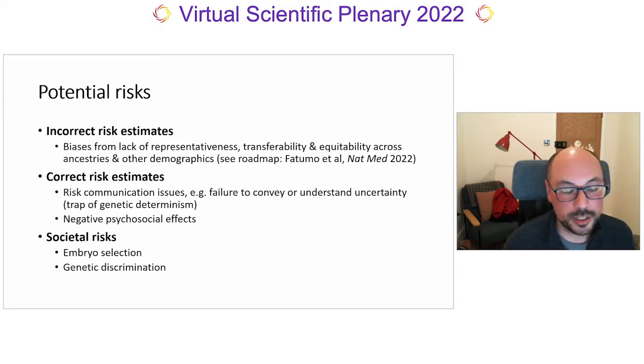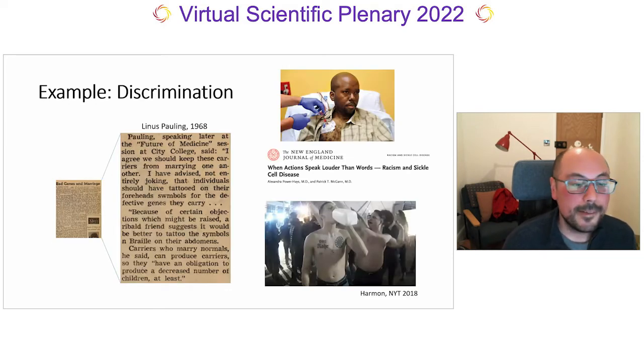Further, genetic discrimination has played a prominent role in recent human history. Next slide. As just one example, genetic discrimination fueled by outright racism has played an ugly part in past sickle cell disease screening programs. And indeed, leading scientists are not innocent. While he's one among many, Linus Pauling himself publicly advocated that individuals with sickle cell disease, quote, have tattooed on their foreheads symbols for the defective genes they carry. And according to his ribald friend, quote, "It would be better to tattoo the symbols in Braille on their abdomens,"